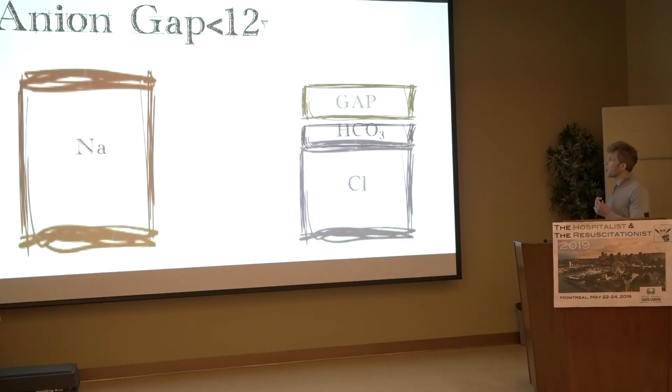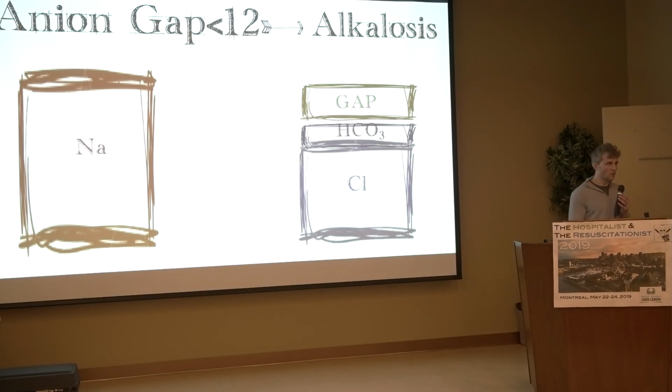So you can actually have a low anion gap, right? Which should cause an alkalosis. And we don't often talk about this, but it happens and we see it in the ICU a lot. Someone gets admitted and all of a sudden over time you see their bicarb going up and up and up. And sometimes you think they're dehydrated or over-diuresed and so forth. But if you actually calculate their SID, it's normal, and you say, well, wait a minute, why is their bicarb 30 or 32? And then you look at their gap and it's 2. So what happened?